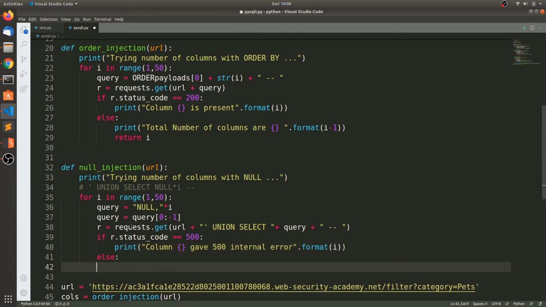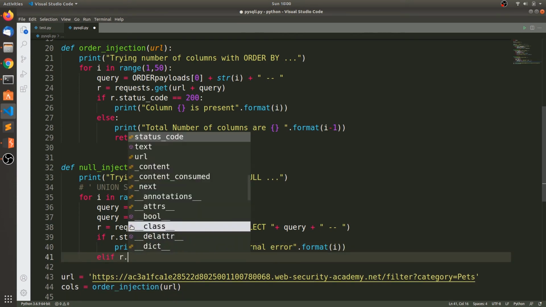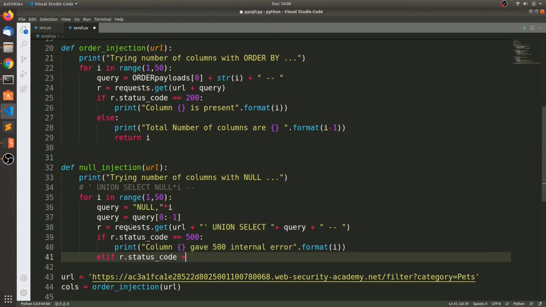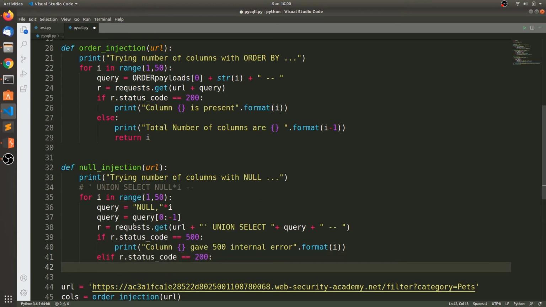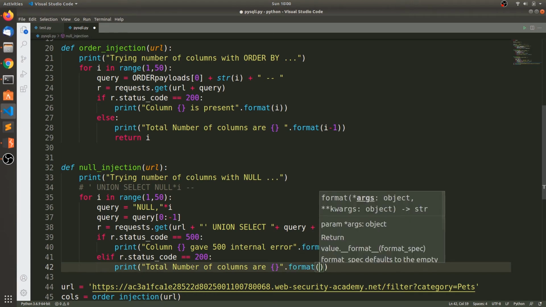Else, elif r.status_code gave me 200, that means this number of nulls is equal to the number of columns in the first select statement before the union keyword. So print total number of columns are, format of i.